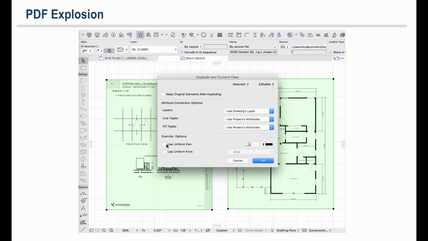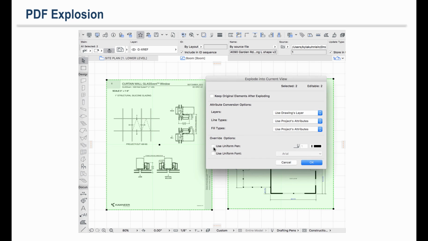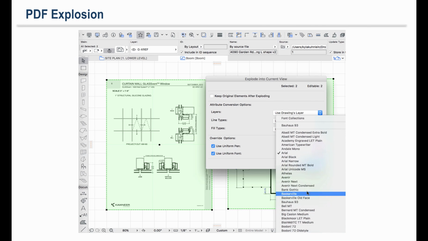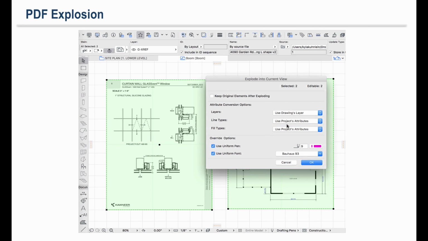Now, if line weight is not important to you, you can select the uniform pen here and select an associated pen color. So you might use magenta, say, for plumbing reference or blue for mechanical. I'm going to go ahead and pick magenta just for the sake of the visual. And then I can also change the font type as well. So this is great because ARCHICAD doesn't use my font type, so I'm allowed to go down and select any font that's loaded on my computer. I'll choose Bauhaus today, and once I select OK,